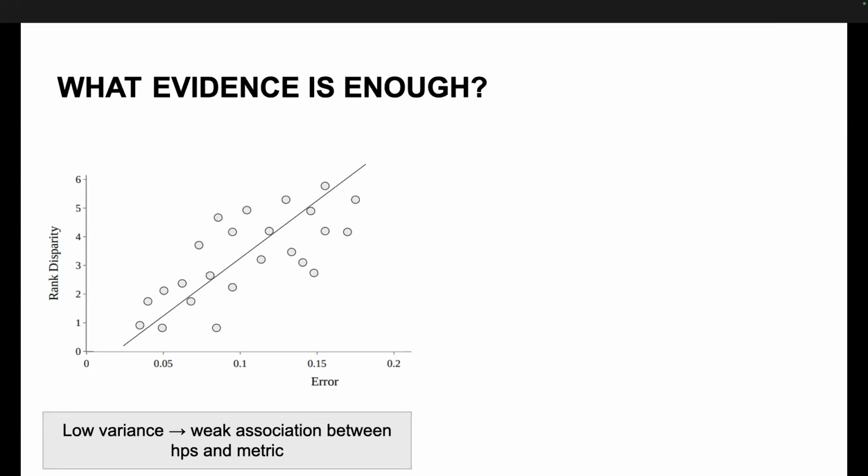And what you might be looking for as evidence is if there's this low variance between error and rank disparity, and there's very high predictive power of error, then you might say that there's really a weak association between the hyperparameters or the architectures and the rank disparity. So if our data look like this, then you're able to conclude there's not that much there with the architecture. As long as you're driving and improving the error, then you'll improve the fairness metric. There may not be that much there.